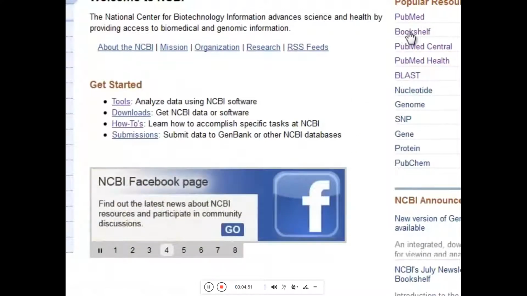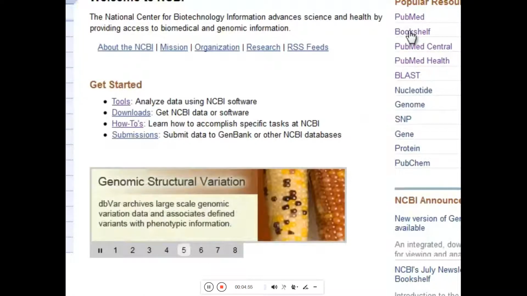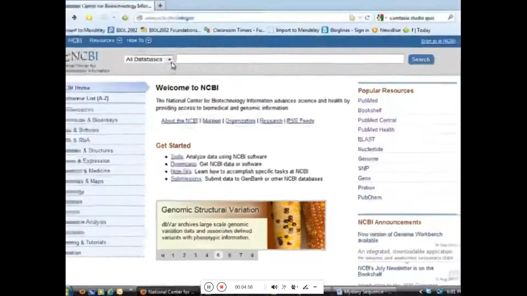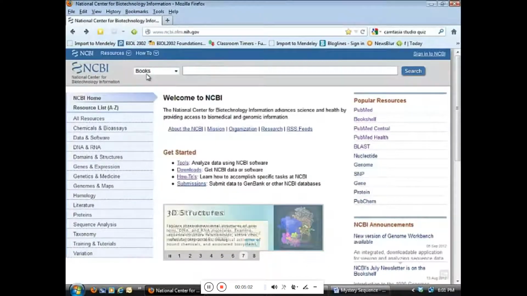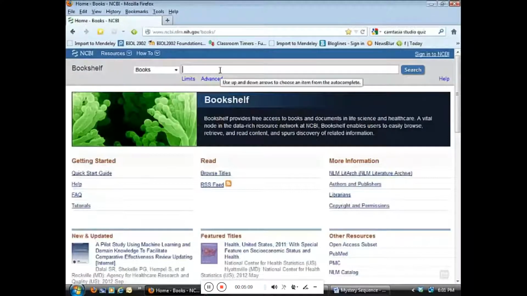How about we go into the bookshelf area, click right over here where it says bookshelf on the right. This is equivalent, just for your information, of going to all databases and scrolling down to where it says books. That's essentially the same way, but I'm going to just go over here and click the bookshelf button, as I said. And what this allows you to do is to search a large number of biomedical books and other books for a particular topic. So for example, if you just happen to be interested in something like dengue fever,